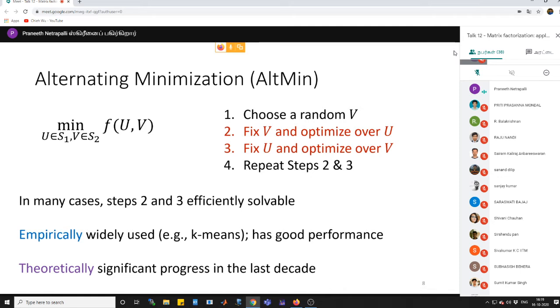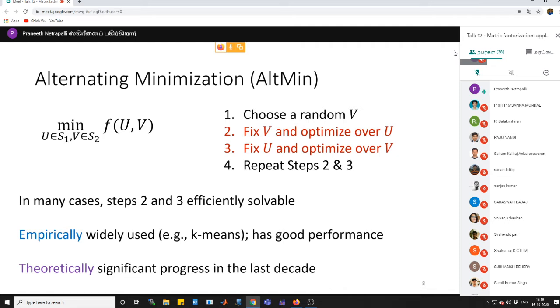So we first write this matrix decomposition as a minimization of some function f, which depends on the data matrix M, and then you have these free parameters u and v, where you want u to be in S1 and v to be in S2, and then you want to minimize over u and v of this function, right? And we can recall that both PCA and the k-means clustering problem, we wrote both of them in this form, where f was appropriately the Frobenius norm squared of M minus U V transpose, and S1 and S2 were dependent on the problem that you were solving, right?